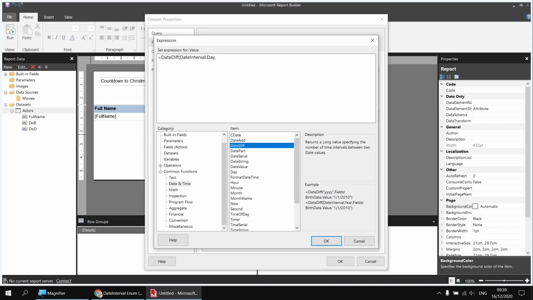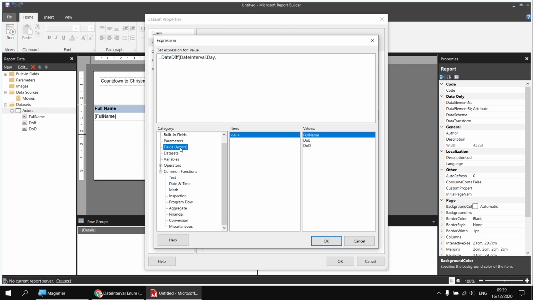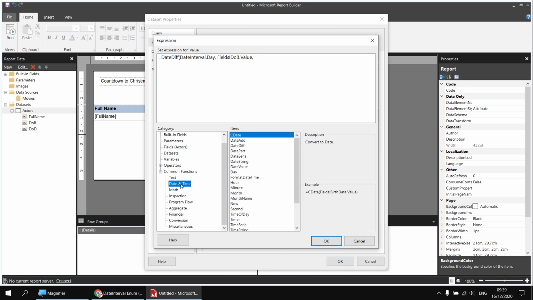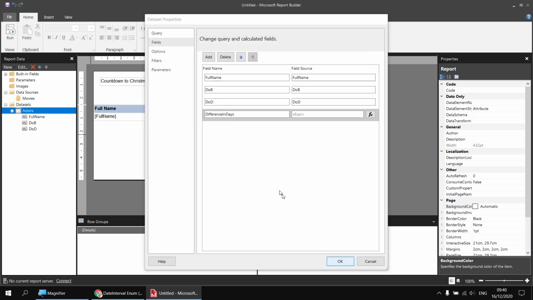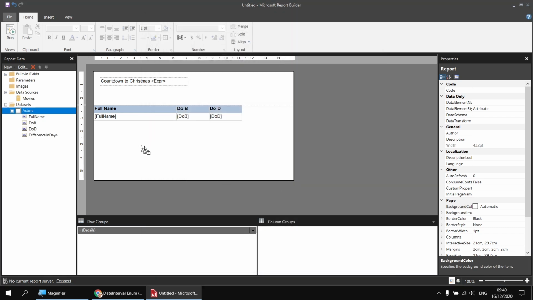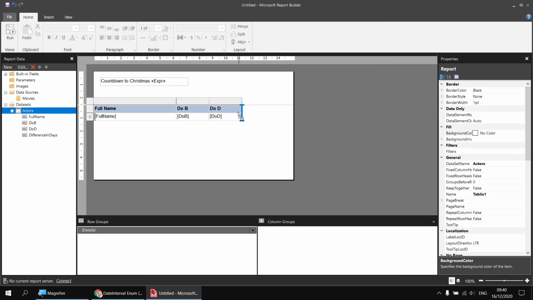This time the start date is represented by the value of a field. So I can then go to the fields list next to the actors dataset, find and double click on the DOB field, followed by a comma, and then I want to set the end date to be today's date. So I can head back to my date and time category of functions, scroll down to find the today function, give that a double click, close the round brackets for today, close another set of round brackets for DateDiff, click OK a couple of times, and then I can drop the difference in days column into my table,